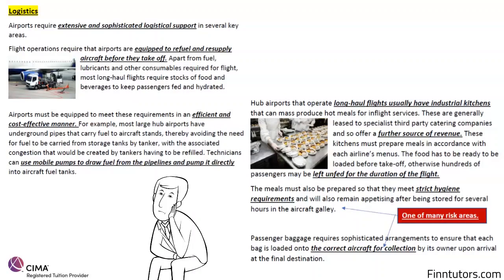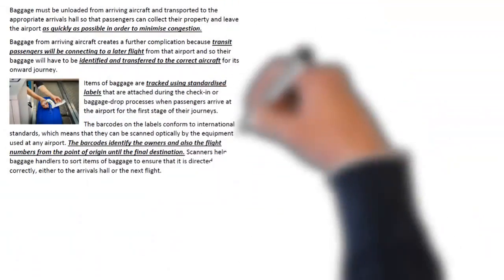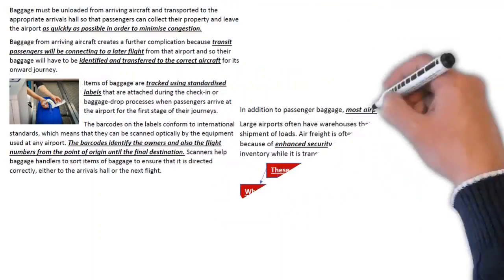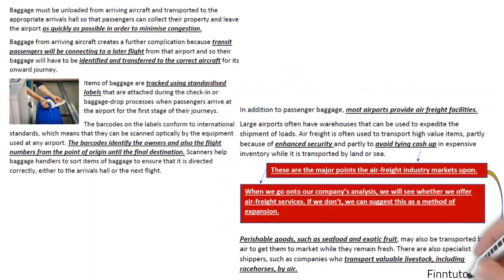Passenger baggage requires sophisticated arrangements to ensure that each bag is loaded onto the correct aircraft. If the wrong bag is loaded, it could be a big issue. So, these are again one of the many risks that I'm trying to identify while I'm going through the pre-scene. Moving on, baggage has to be unloaded from arriving aircrafts and transported to the appropriate arrival halls so that